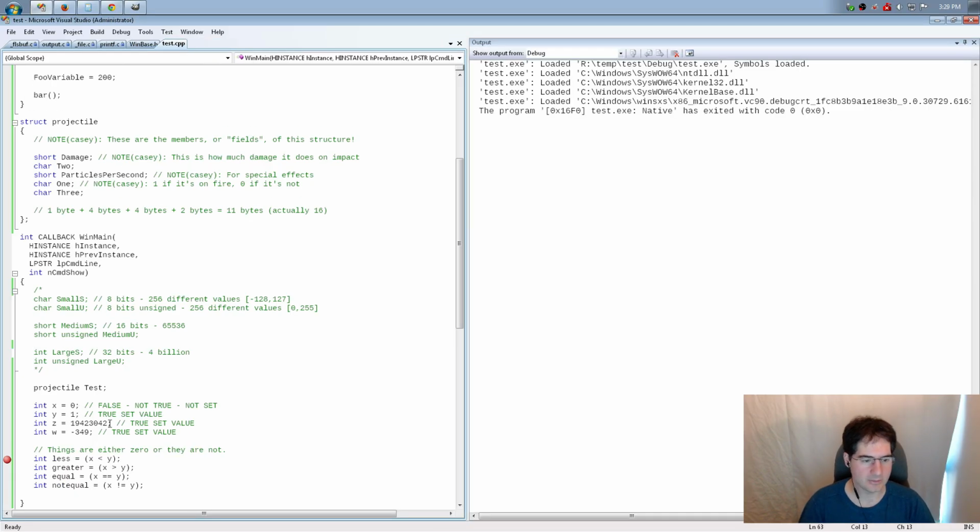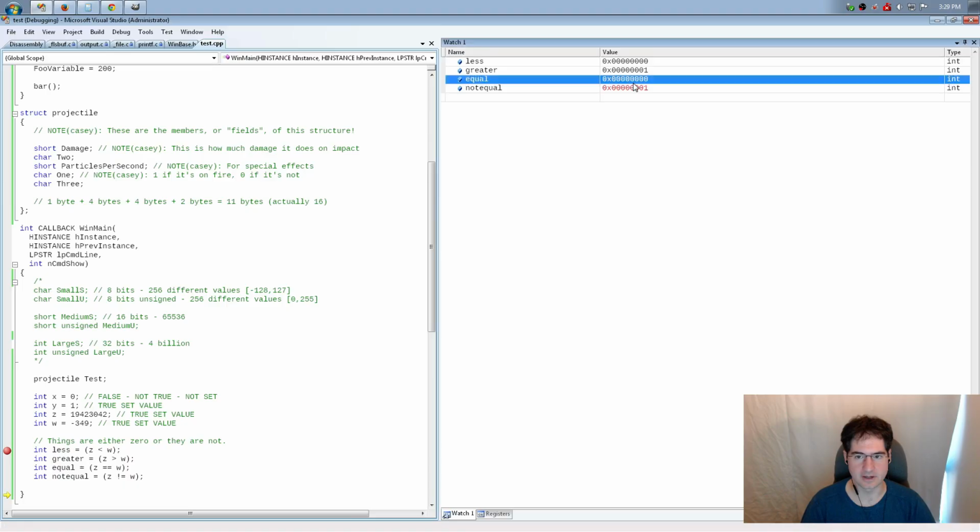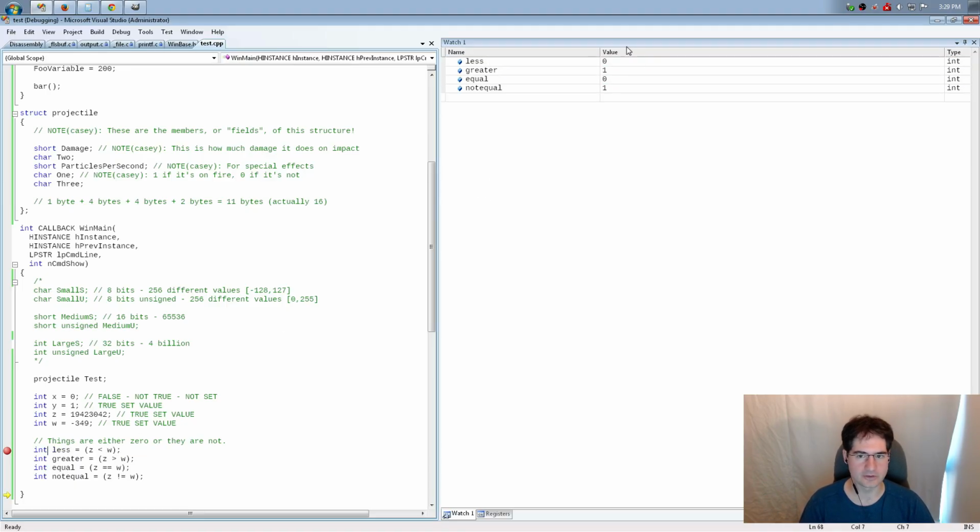But let's see what happens, just so we're clear on everything, if we compared, let's say, z and w. So we put some other values in here. There we go. Off we go. So now we compute less, and we say, is z less than w? Well, z is much higher than w, so obviously that's 0. Didn't happen. So now we say, is z greater than w? And it turns out that z is, in fact, greater than w. Still writes a 1 in there. Equals? They are not equal. Not equals, they are, in fact, not equal. And so basically, any values that you put in there, no matter what they are, will still produce a 0 or a not 0 value.